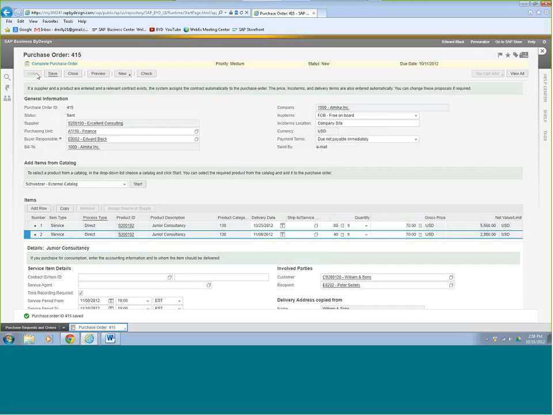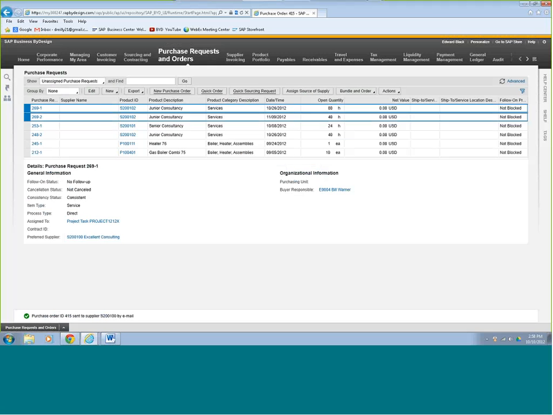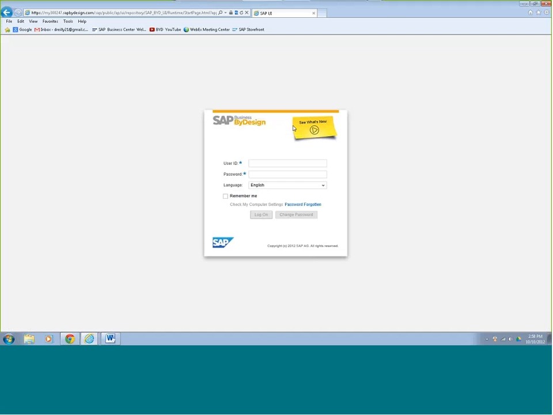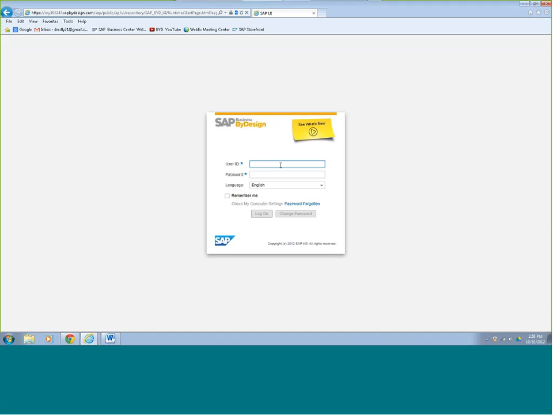And it's going to assign us PO number 415. And we're going to go ahead and order it. And we'll complete the purchase order, and it has been sent via email to the supplier. Okay, so now that takes care of the PO going out, and we're going to get out of